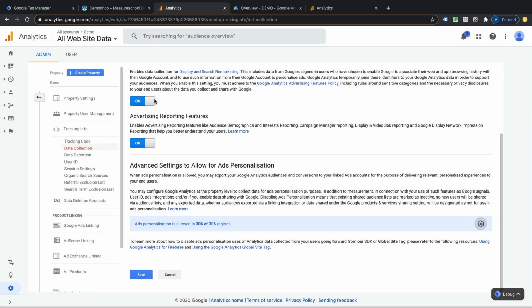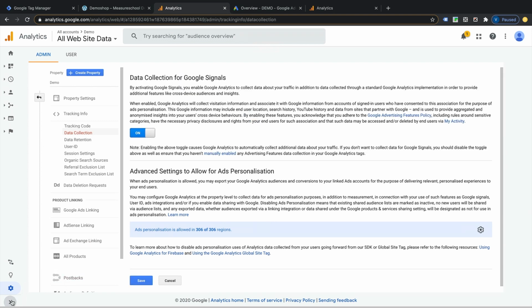Now, once you've turned this on, and if you are required to make any sort of changes to this, you can hit Save. Now we're ready to go and head into Google Analytics in more depth and start to build our audiences and check out what's already available to us as standard that we can use to import from Google Analytics into Google Ads for remarketing.